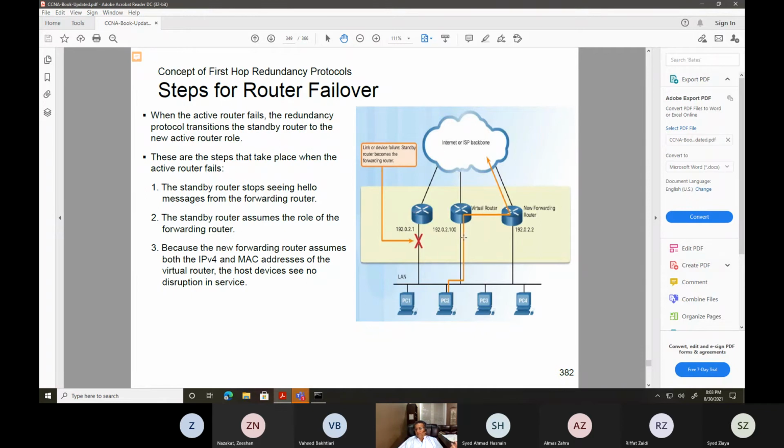So that's why a new IP address, 192.0.2.100, gets configured on this router and gets configured on this router, HSRP. So what happens if this goes down? These devices are smart enough to know that the primary is gone. I'm going to basically take the primary role, and then you all guys send the traffic to me, and I'll make sure that I take it to the final destination.